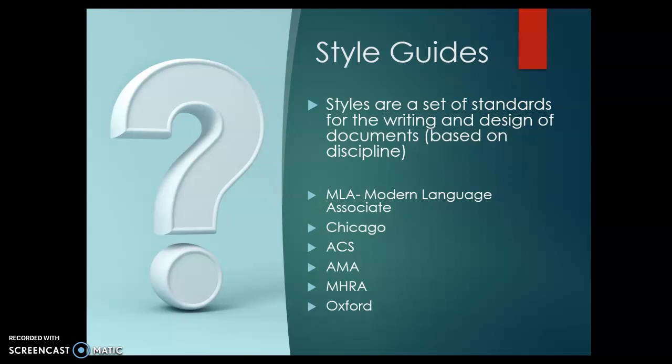But say, for instance, you were an English major or you were from the humanities, such as philosophy, where you're examining literature, examining rhetorical pieces of philosophy from the Greeks. That would be more of a Modern Language Association style guide, and it's designed to effectively be able to analyze and cite those primary sources as its own unique style guide as it pertains to those disciplines.